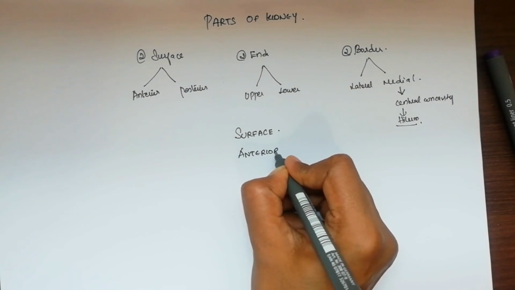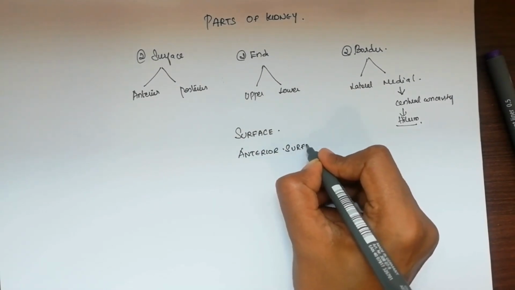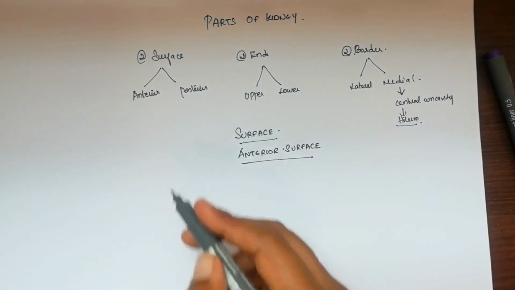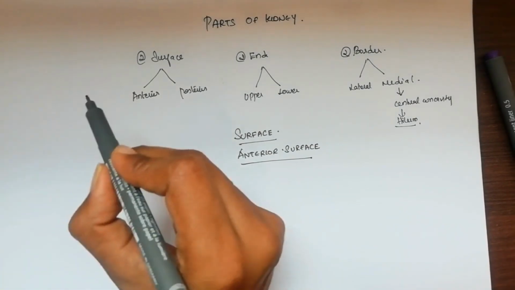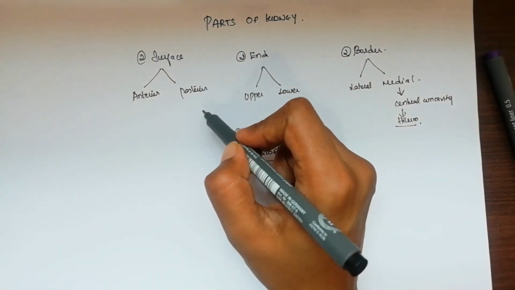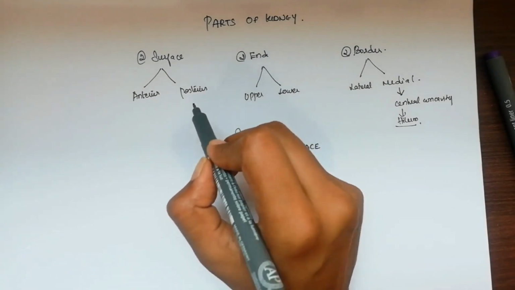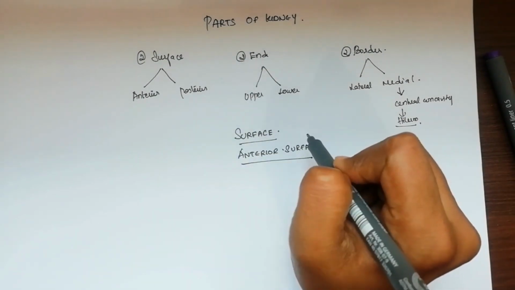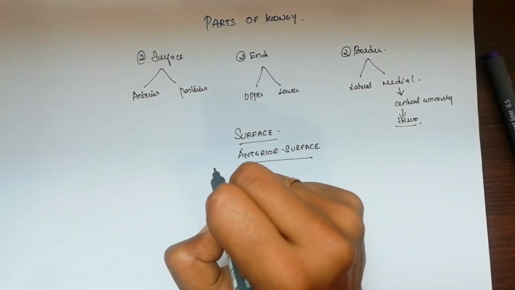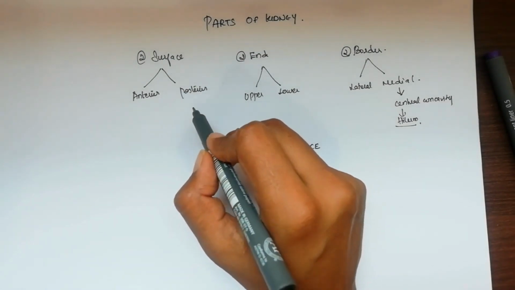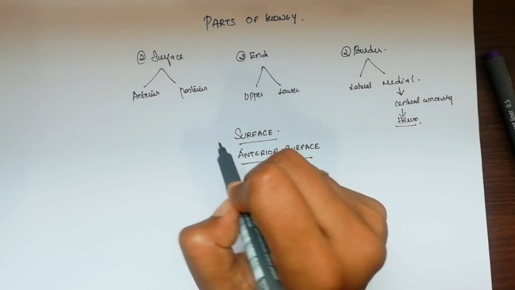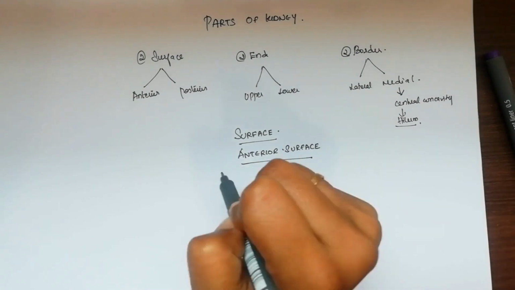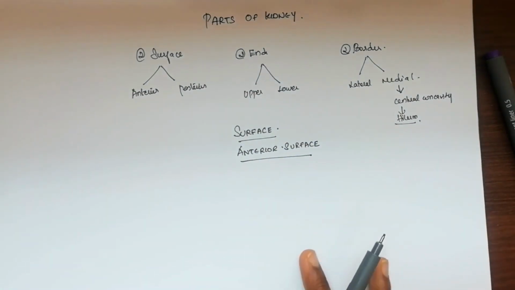The anterior surface of the kidney is convex compared to the posterior surface, which is flat. That is the important thing to remember. The relations of the anterior surface differ for the right and left kidney because of the orientation of the organs, whereas the posterior surface relations are the same for both. So the anterior surface is important because of the difference in right and left kidney relations that we are going to see now.